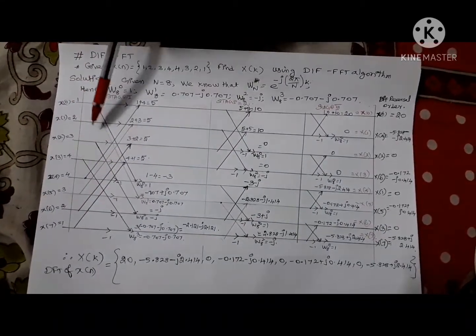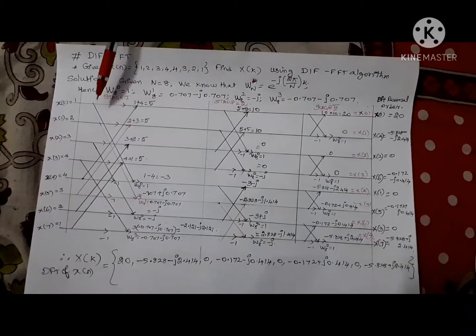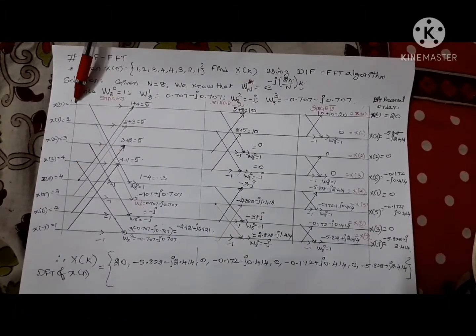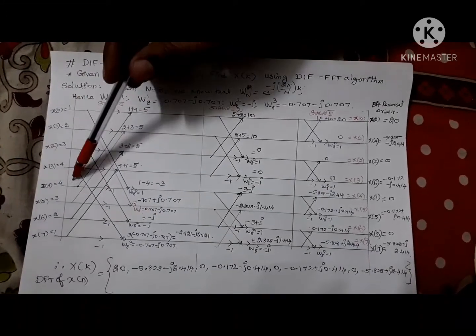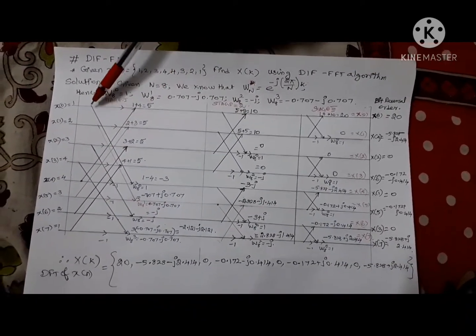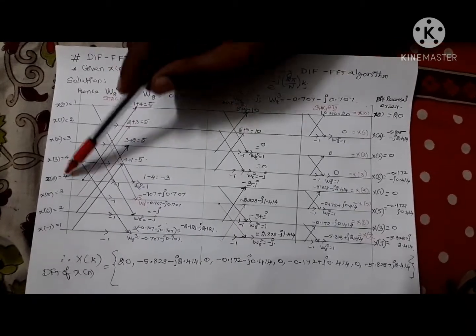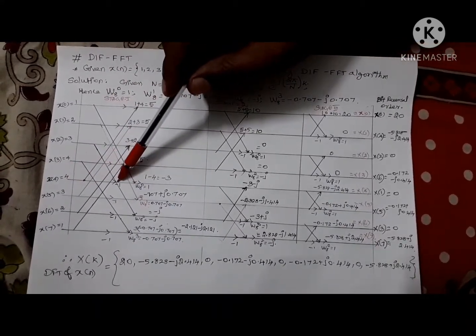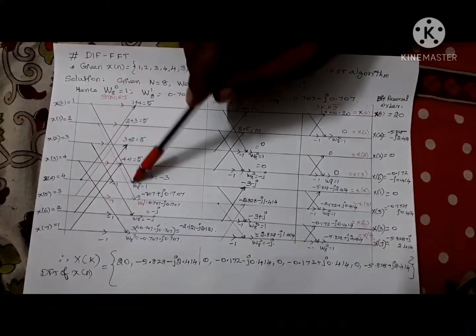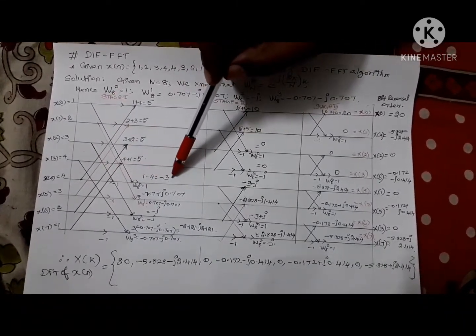These two, the first line and the fifth line, are combined by the radix-2 diagram. The 1 goes up and adds with the 4, giving 5. At the same time, the other goes down, where the 4 takes the minus 1 value. So 1 minus 4 is minus 3. This is the output.